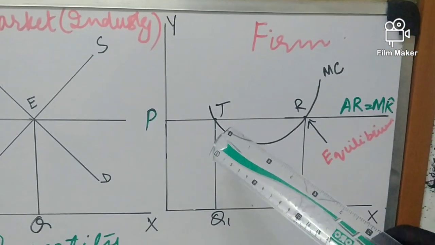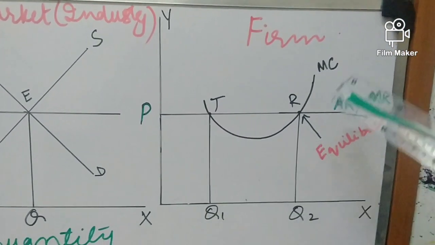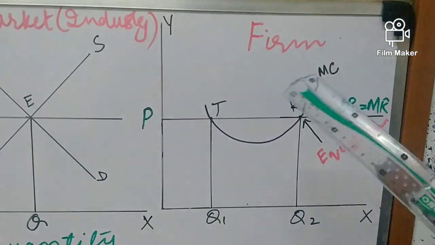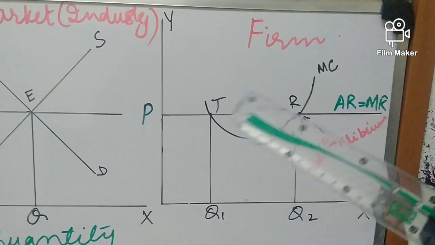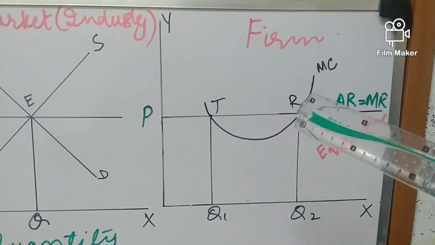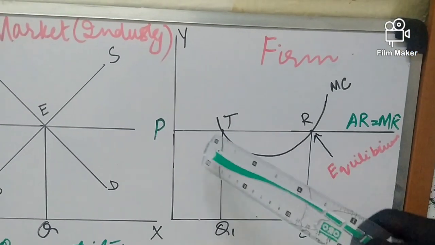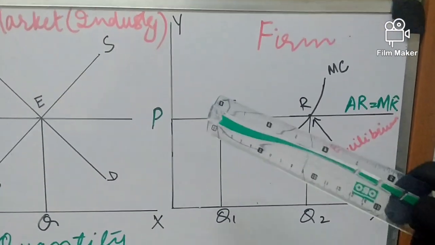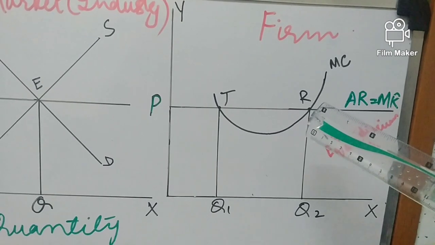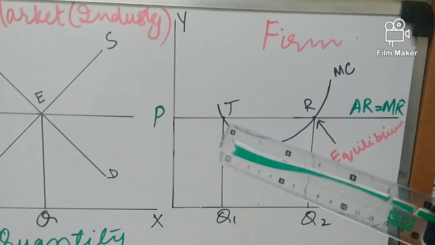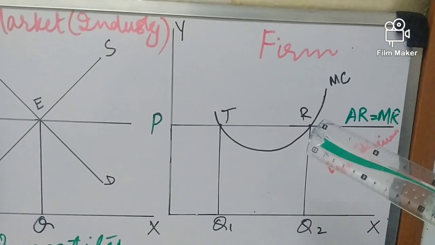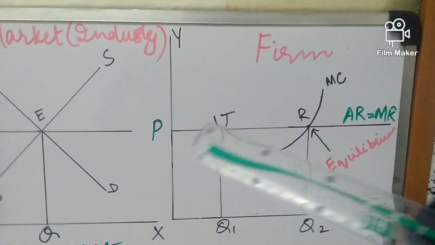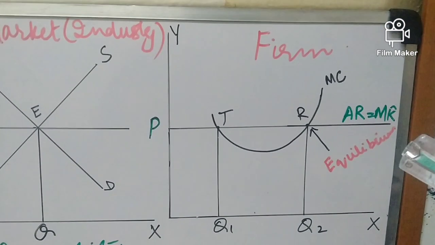Here MC shows the marginal cost curve, which is U-shaped, and all of you know that the cost curves, the short-run average cost curve and the marginal cost curve, are U-shaped under perfect competition. Here at two points, T and R, MC is equal to MR, but equilibrium will not be at both points. Here you should also notice that price is equal to average revenue is equal to marginal revenue,